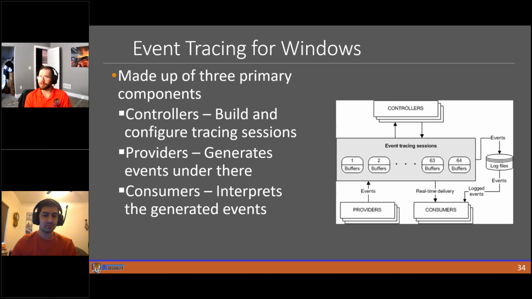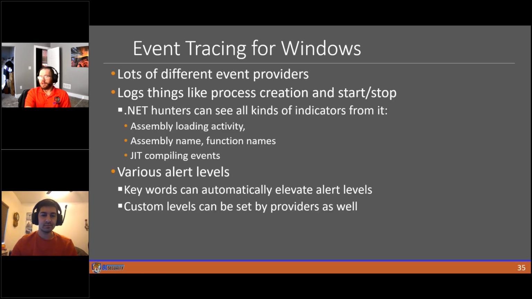So this is the event log. Event Tracing for Windows is made up of three primary components. The controllers build and configure tracing sessions. Providers generate events for the consumers, and then the consumers interpret the generated events. There are tons and tons of different event providers. There's a whole bunch of